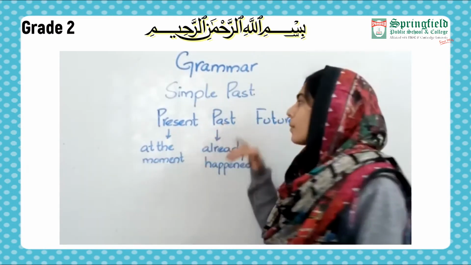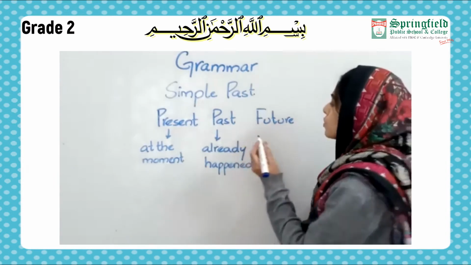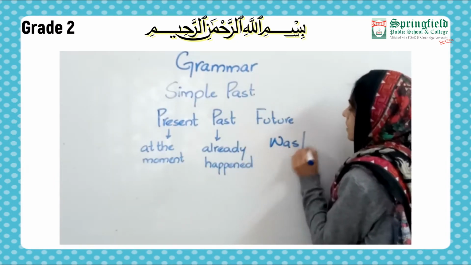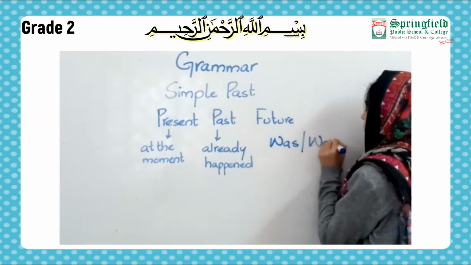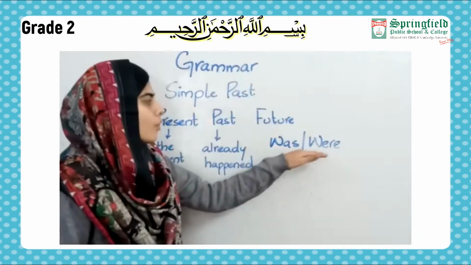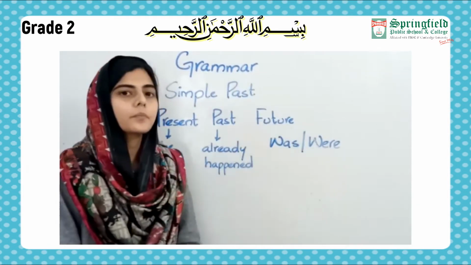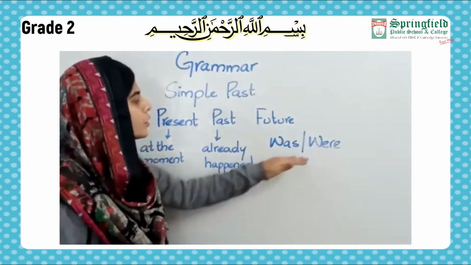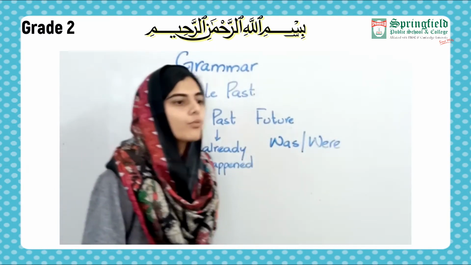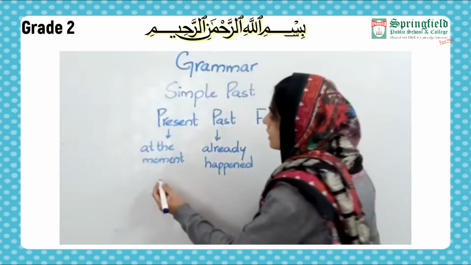Now, when we are talking about the past tense, we use the helping verbs was and were. Now, have you got an idea how we are going to use this was and were? Now, in order to use was and were, there are some rules. Was is always used with